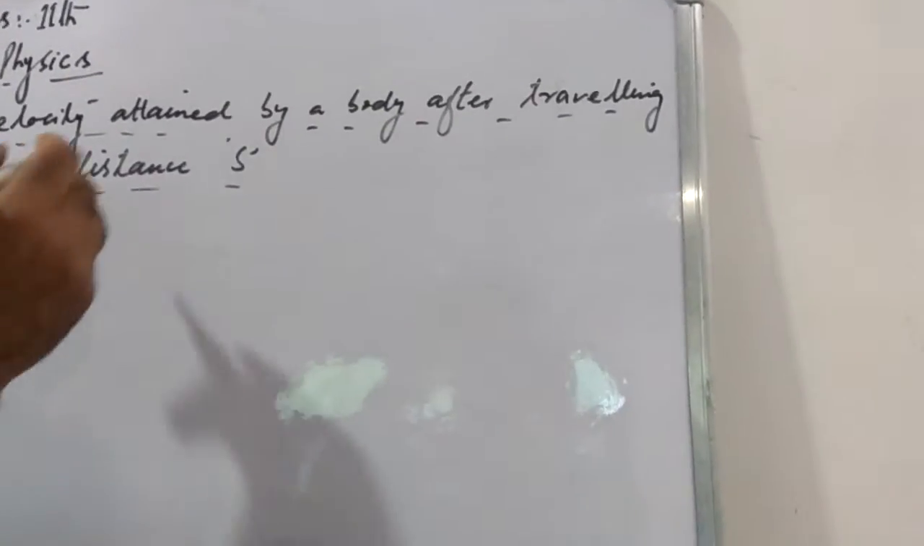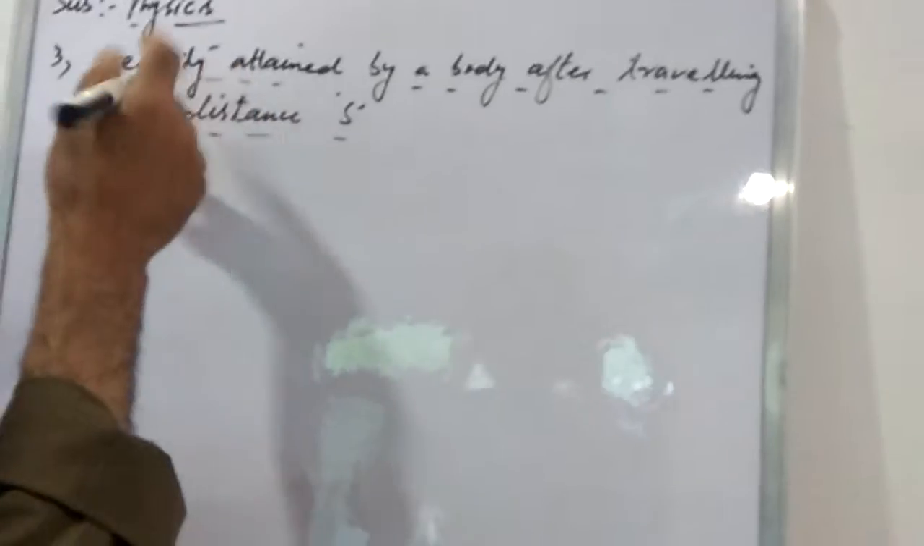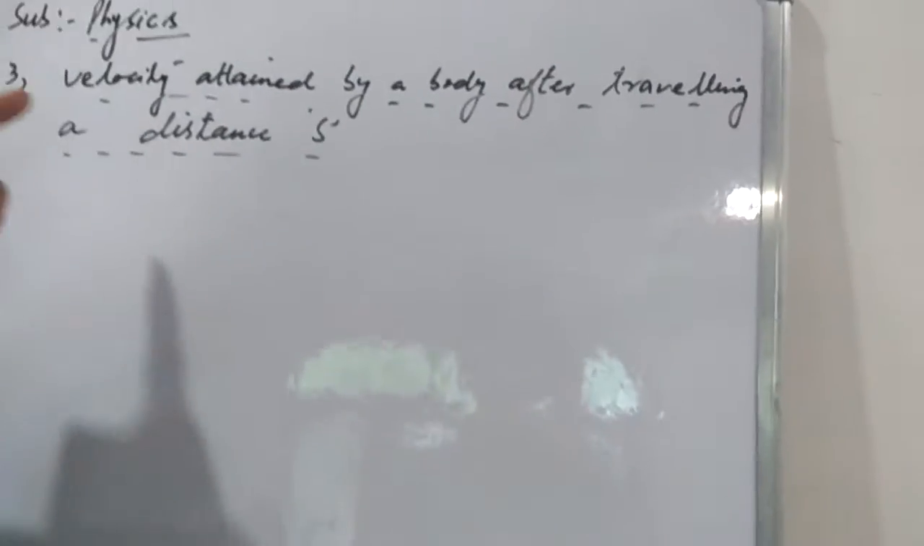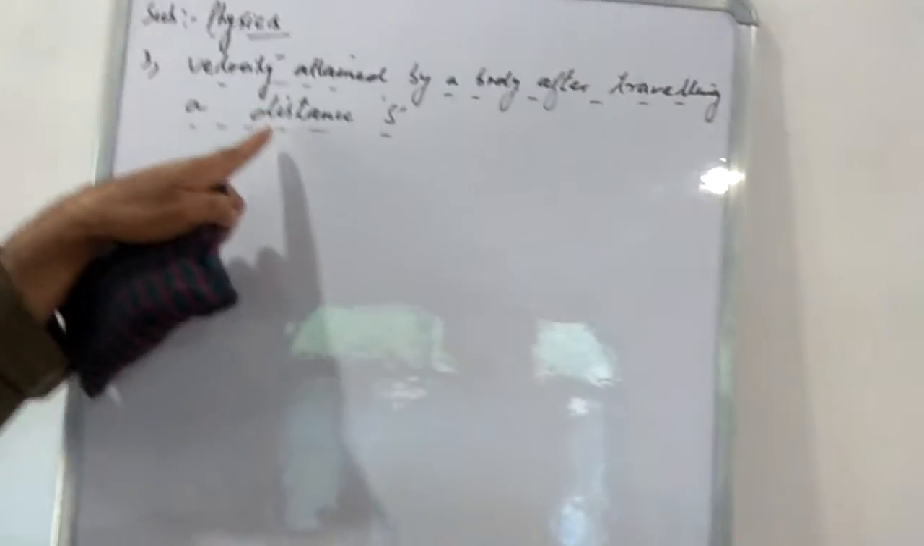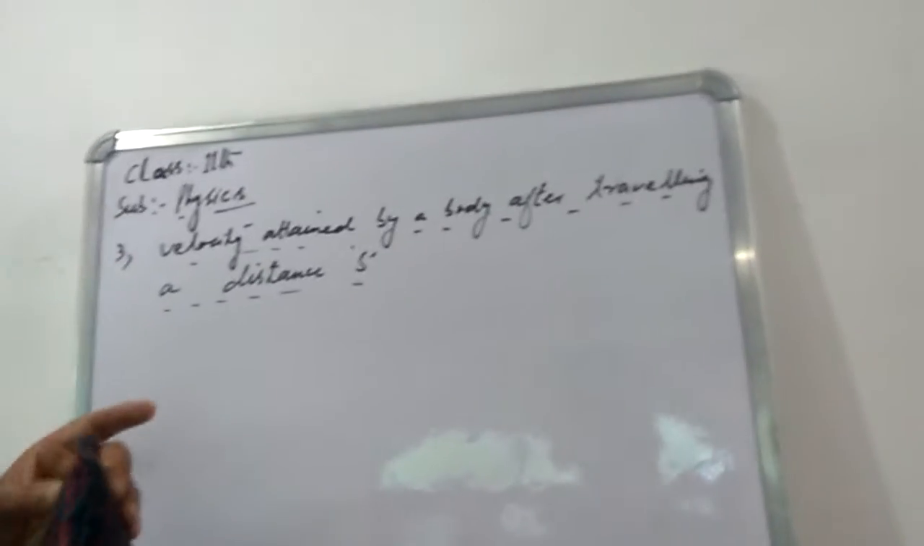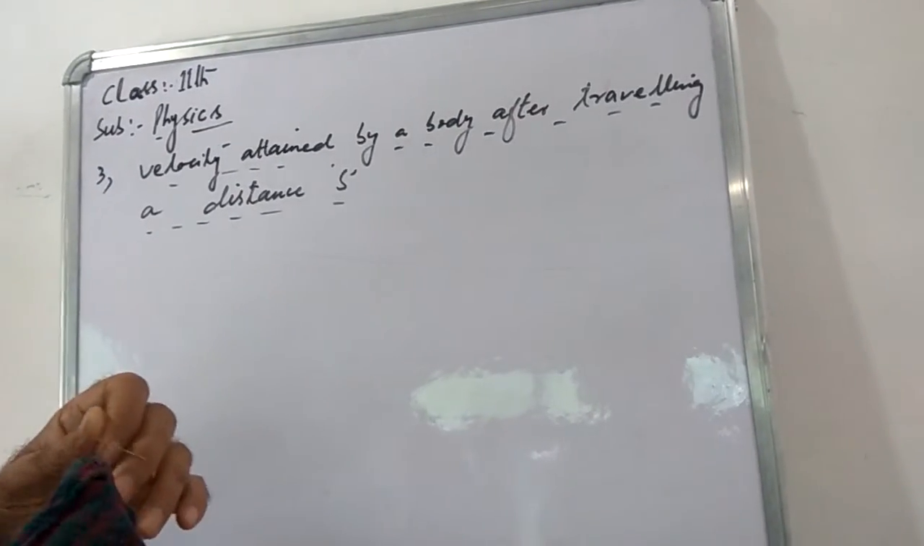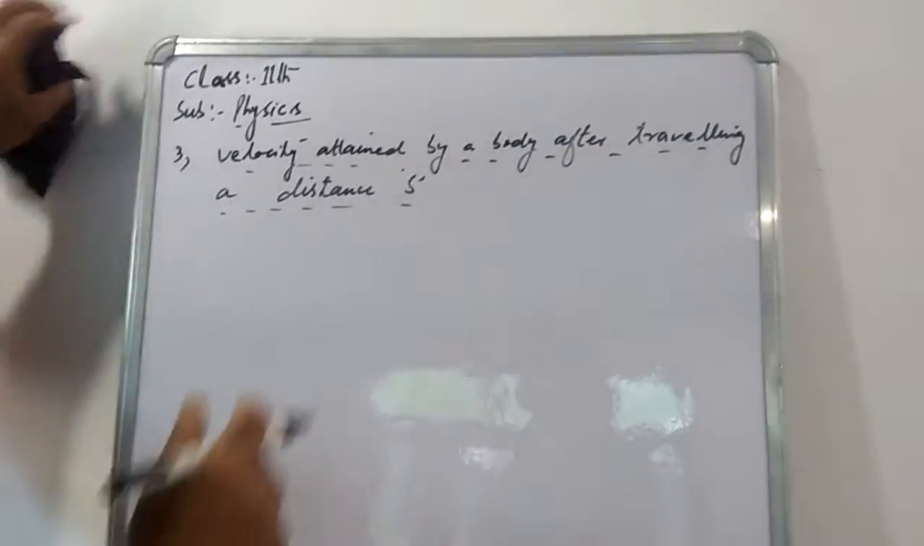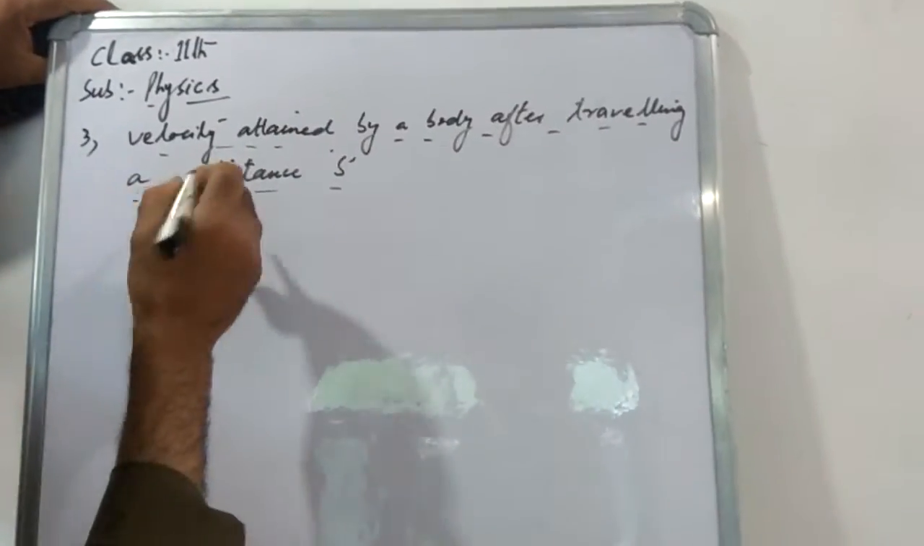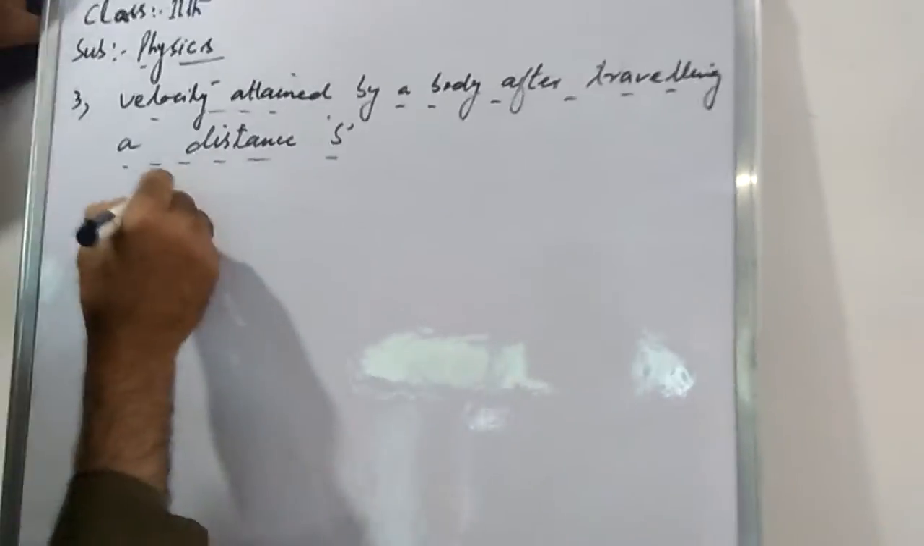As you know, we are discussing the kinematic equations of motion for uniformly accelerated motion of a body using the calculus method. Now we have discussed the two equations. The third one is how much velocity is attained by a body after traveling a distance. That means we will calculate how much velocity a body will attain after traveling a distance s. As you know, dear students, in the previous class we know